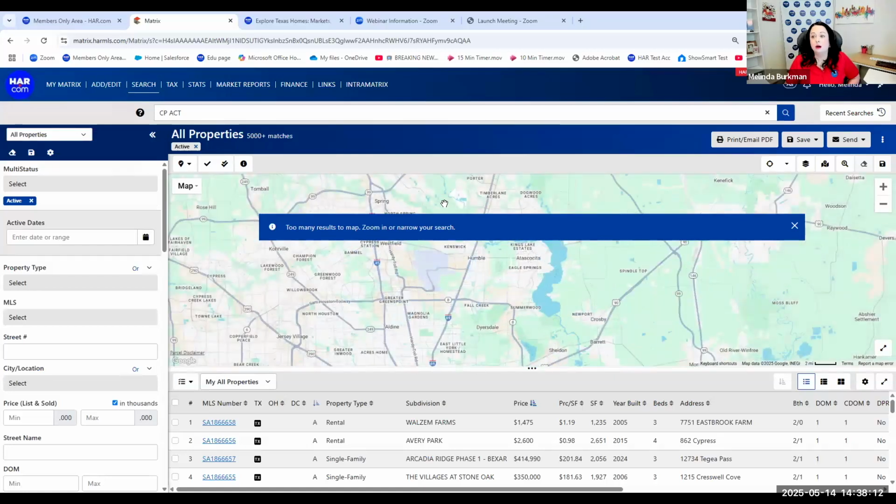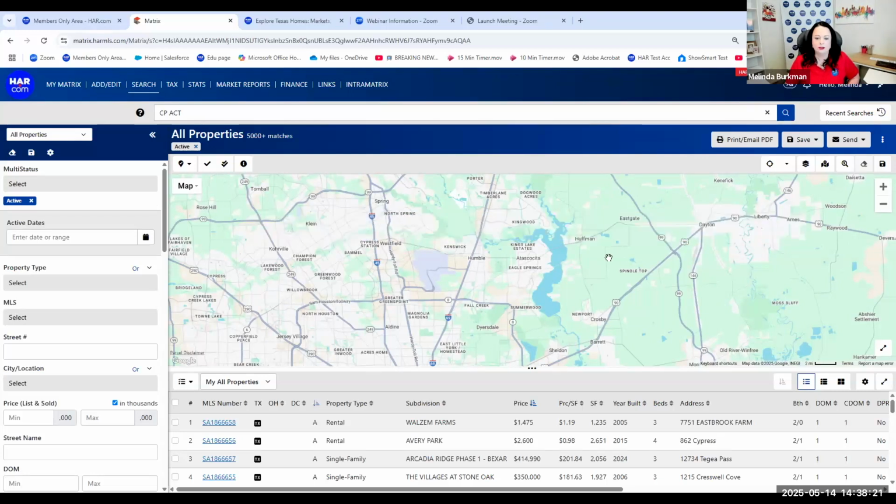When you first come in, you're often going to get too many results to map. And that is very possible, right? I'm going to get rid of that little window. I know you can't map that many results, and that's okay. All right, first, the reason why I like this search tool, okay? There's a lot of reasons. We're going to see some of them live in action in a few minutes, but right off the bat, everything I need is on one screen. There's no criteria, map, and list screen, okay? Everything is on this screen, okay?